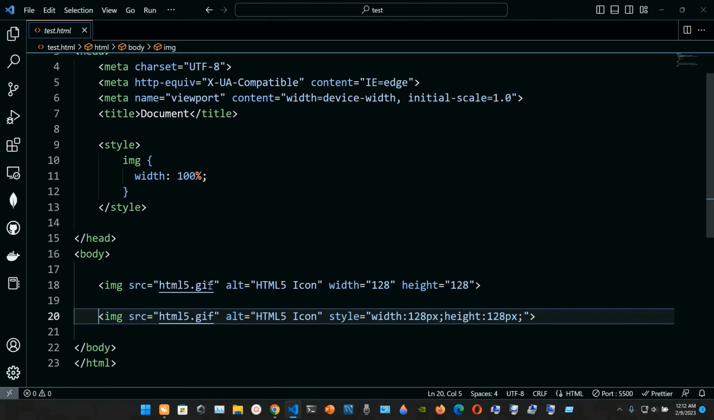The source is the same, HTML file.gif, and the alt is the same. Inside double quotes we have the HTML5 icon, and now in line 18 we have the width attribute, and we also have the height attribute. So here the width is going to be set to 128, and the height is going to be set to